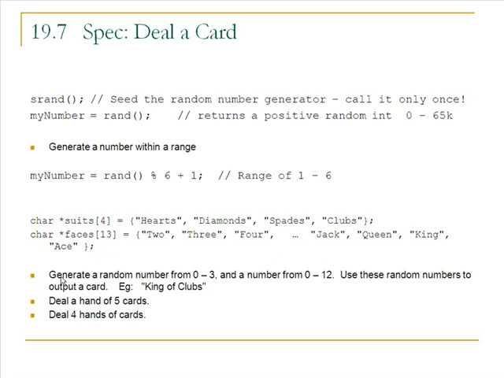So how will we do this dealing of cards? We're going to generate a random number from 0 to 3 and another number from 0 to 12, and we'll use those random numbers to output a card. And the spec then says deal a hand of 5 cards and deal 4 hands of cards, so dealing 20 cards. Okay, well, let's go into the development environment and see if we can write a simple program that will